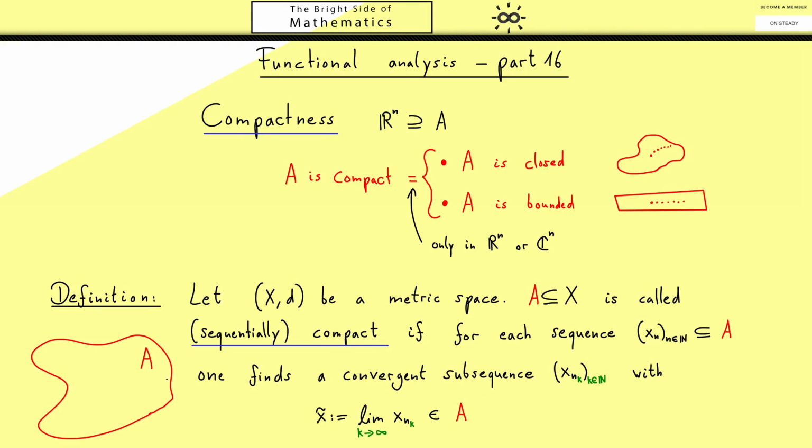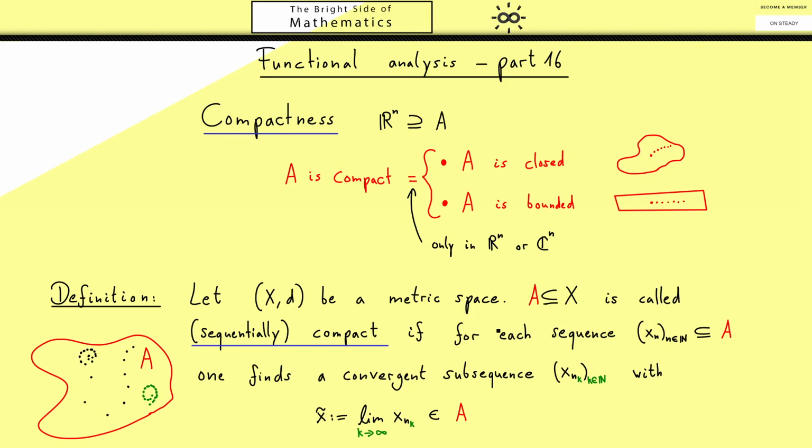In the picture this would mean inside the set A we have infinitely many points given by the sequence x_n. Of course a lot can happen for this sequence, but compact now means that you can choose infinitely many points in the sequence such that you get a limit out. For example, here only one part remains where we have convergence to a point x tilde.